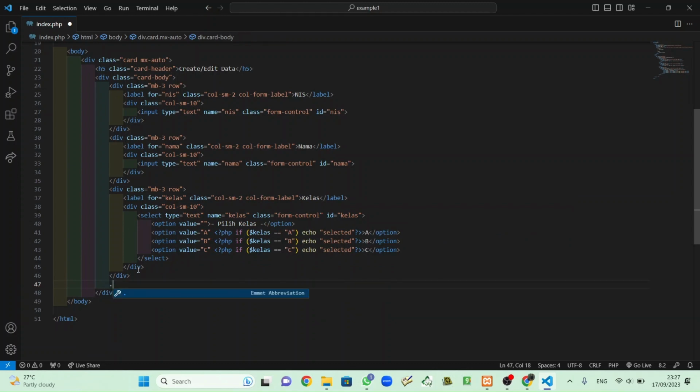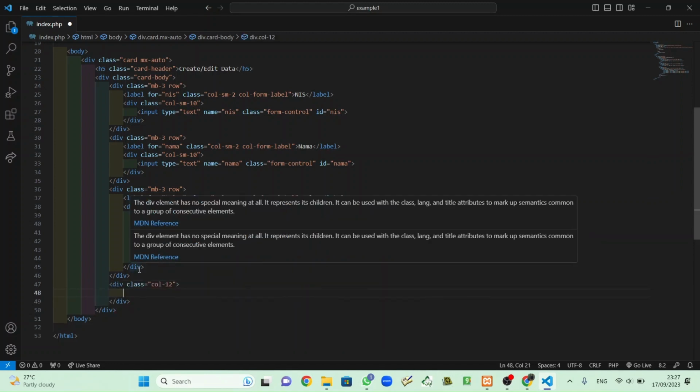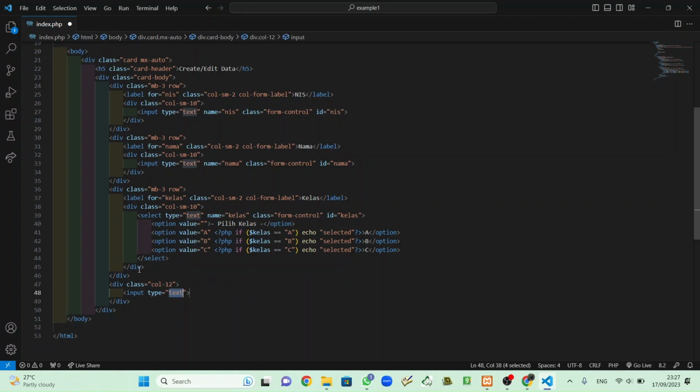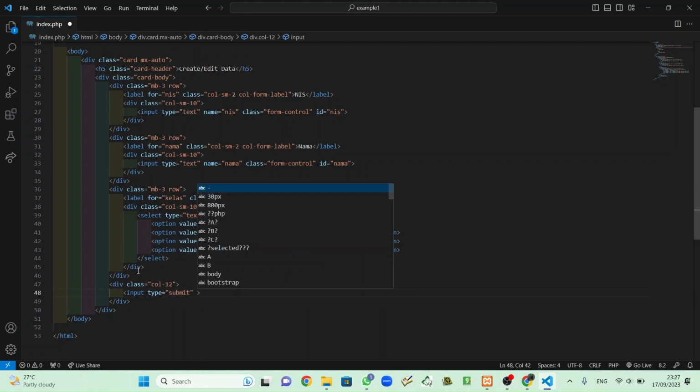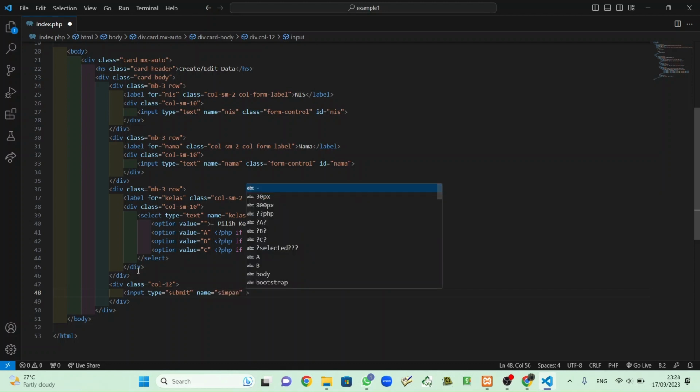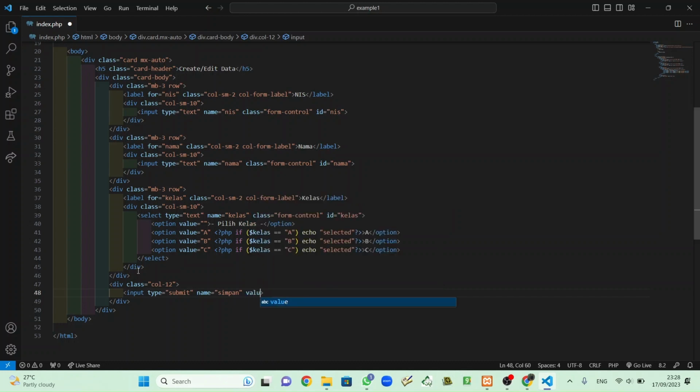We put here col-12. So the size is a little small. Input with type submit because this is a button, and name, I will name it with simpan, or in English is save, and value